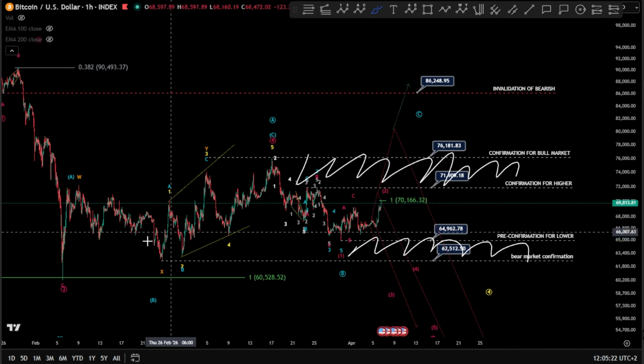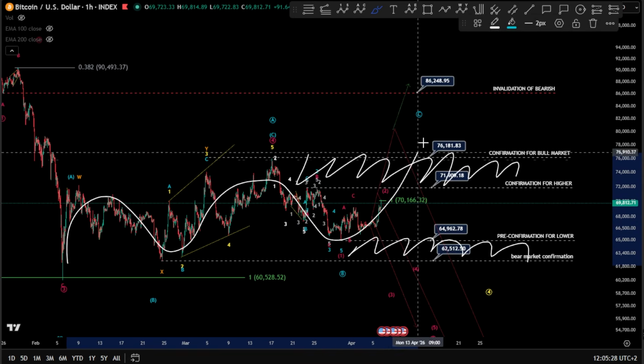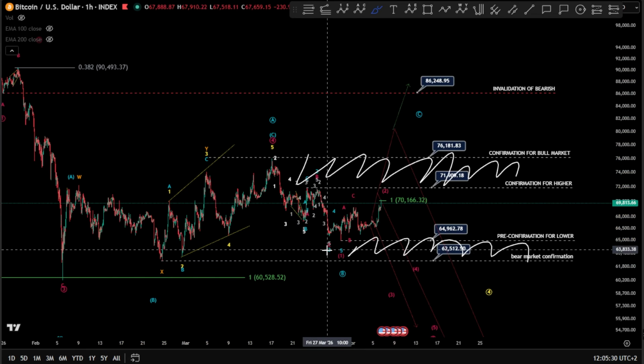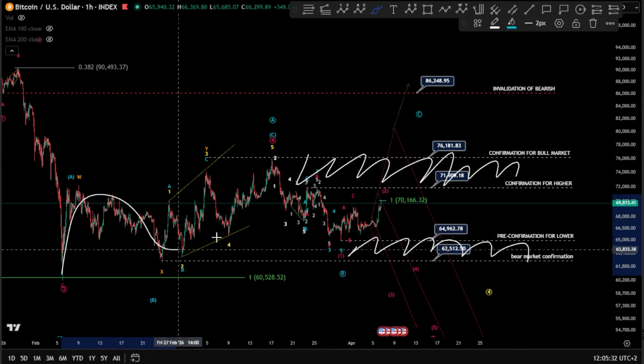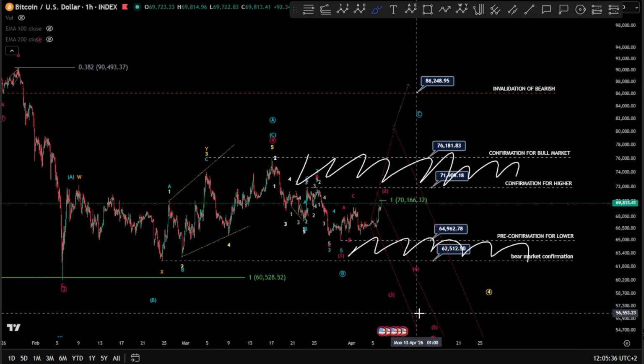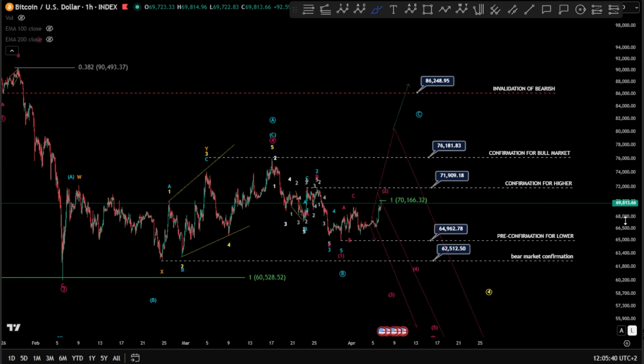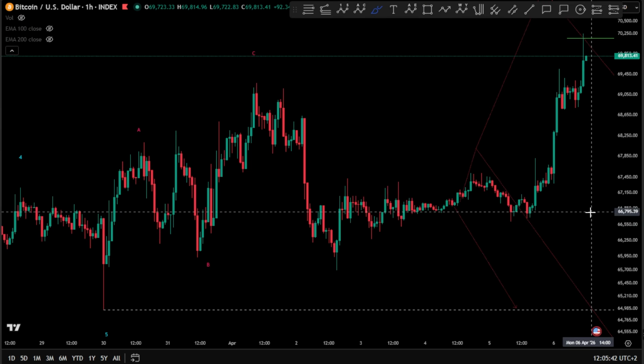Unfortunately, it has been a very long time, but at the end there is something forming here. There is a 1-2, 1-2, potentially wave 3, or ABC 1-2, 1-2 downward, and then we push down. So we gotta be careful. We're still, of course, in a price decision here for the crypto market.